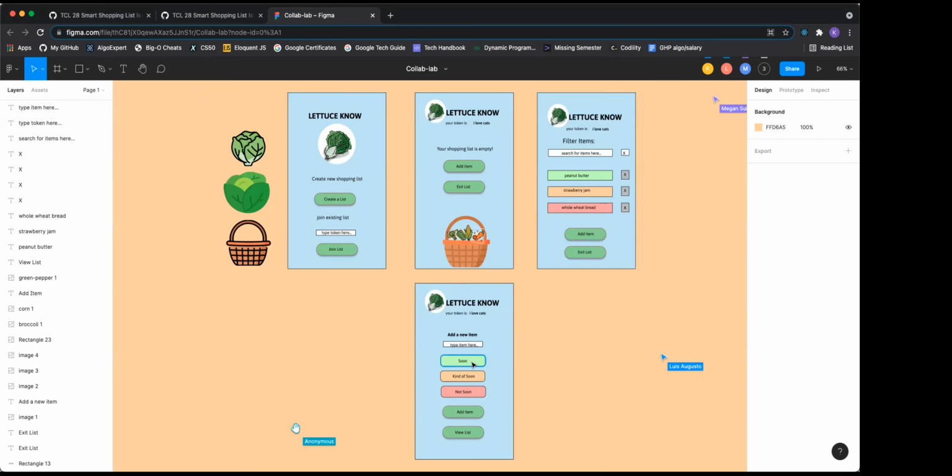Or we can just make these look more distinct. Maybe these buttons look the way they do now, rounded or whatever, and then these could be squares or rectangles, something similar to the items list page, maybe a similar shape.